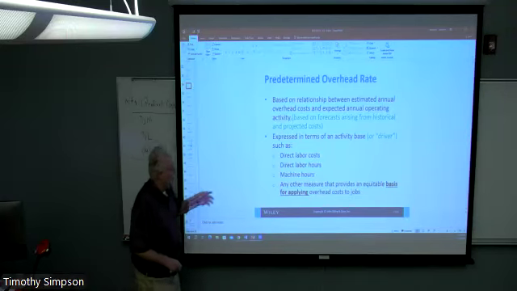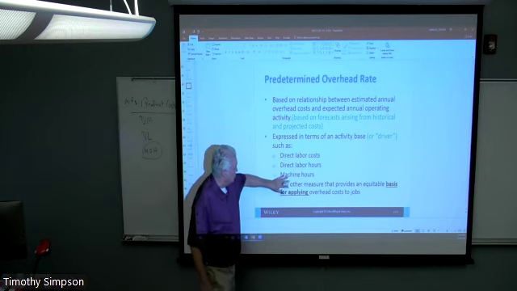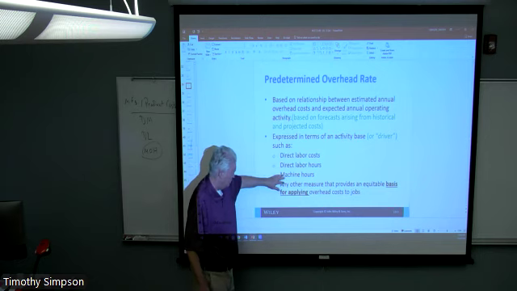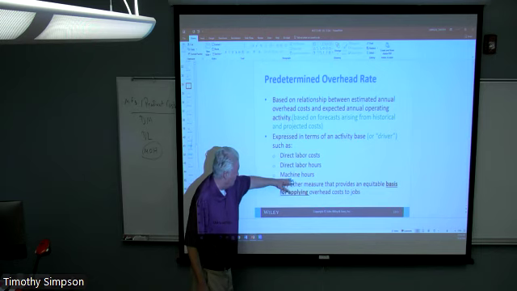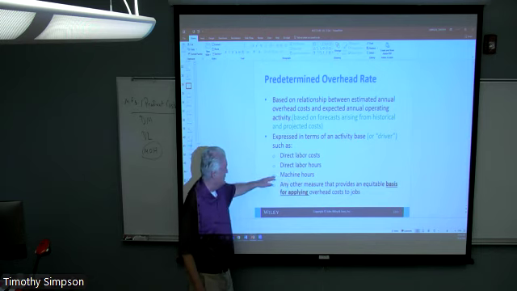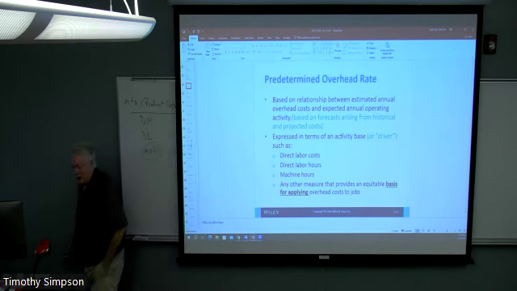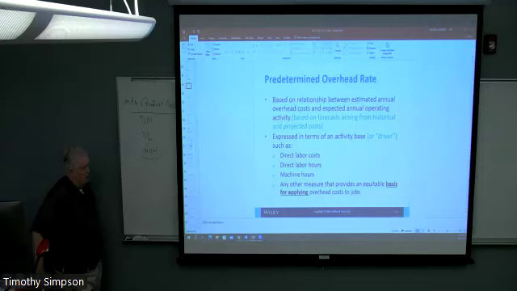If you look at the distinction between labor and machines, in other words, what we call labor-intensive production or capital-intensive production, and the term capital-intensive just refers to how much in the way of long-term assets are being used to make those goods, machines, basically. If there's a lot of capital intensity, then probably machine hours will be used. That's probably a good stand-in, and we're going to certainly see some examples of how those might apply.